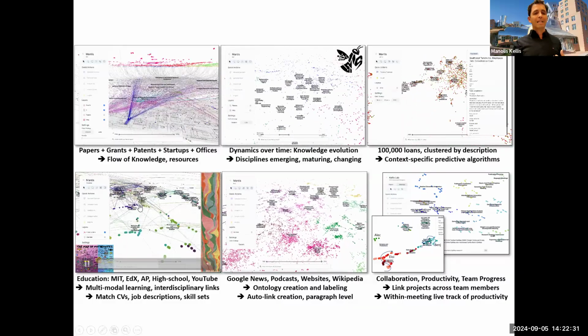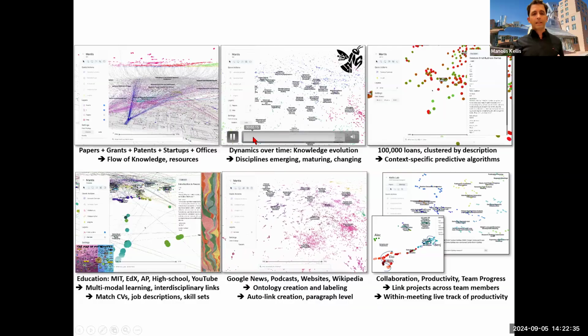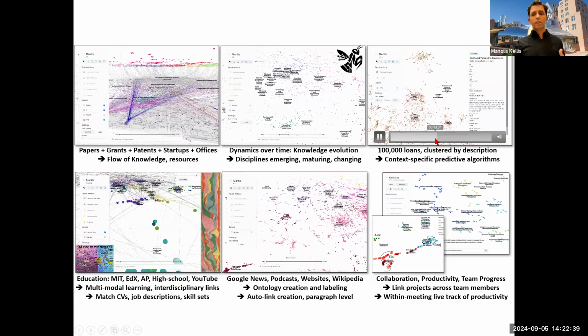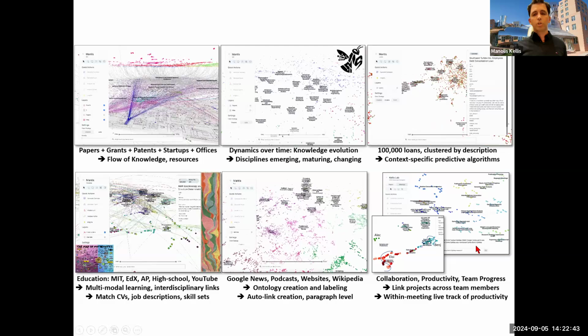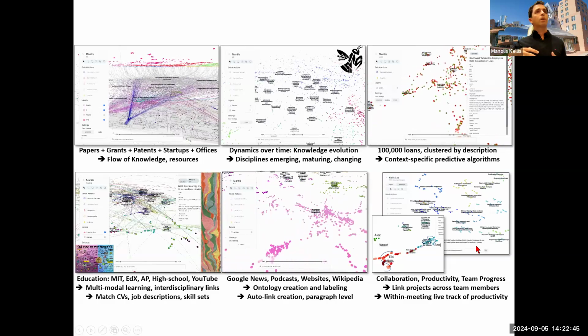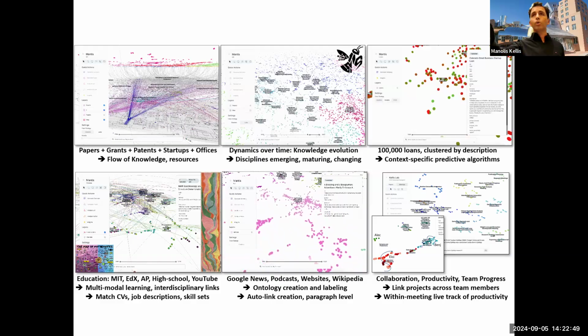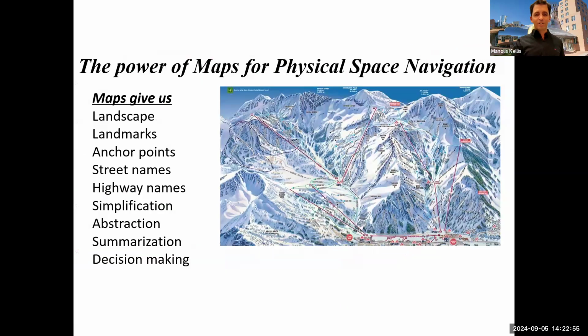You can take every class at MIT and connect them with their prerequisites. You can take the dynamics over time for how knowledge changes. You can take loans and see why some loans are refused and others accepted, and look at these latent representations. You can see how people are collaborating. You can see the meaning, the minutes. Tomorrow, I'll show you a graph of your own ideas for final projects, and we'll cluster that and explore it based on your survey results.